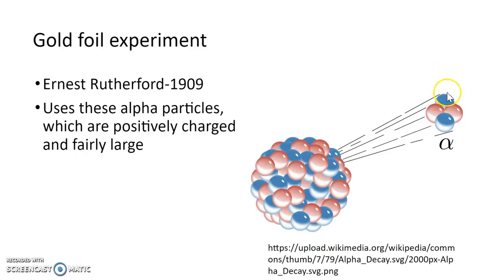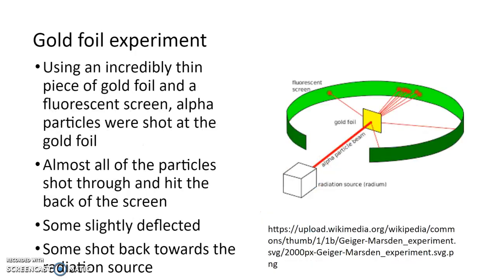But the other thing to keep in mind is that positive charge overall. The positive charge, and it being relatively large as compared to other subatomic particles, is important to keep in mind. Okay, so now that we kind of know what alpha particles are, let's talk about the gold